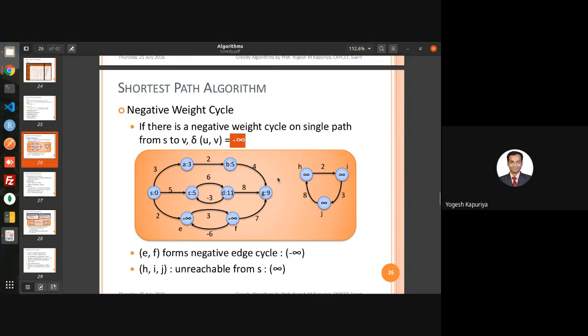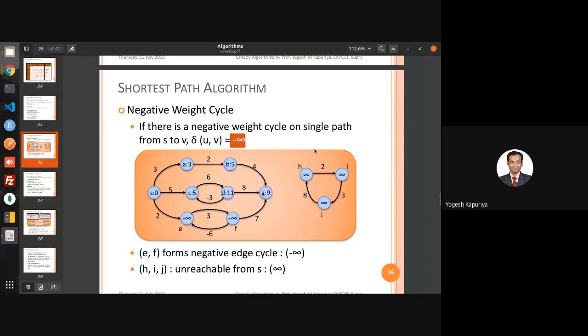Also, when you have an unconnected graph, something like this, so this is an entire graph, but it actually comprises two different components. First component is this and second one is this. When you have this kind of a scenario, and if you want to find out, let us say, a path from S to H, then it turns out to be infinity because there is no edge which connects these two components. So this will be infinity, infinity, infinity.